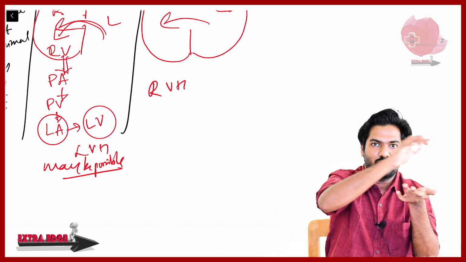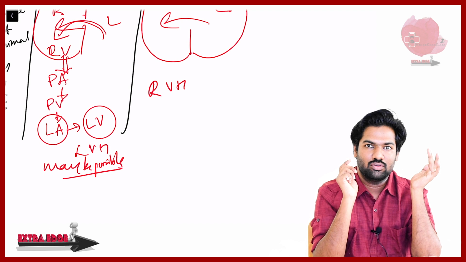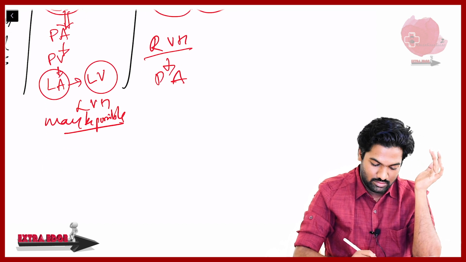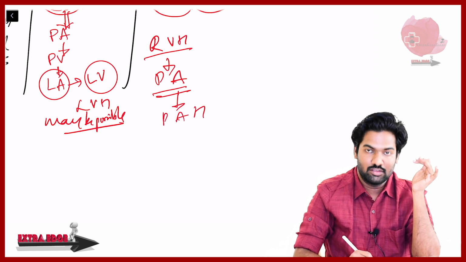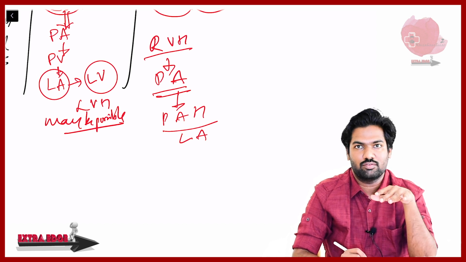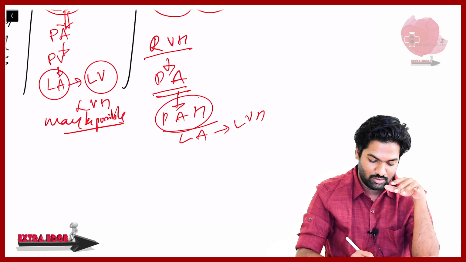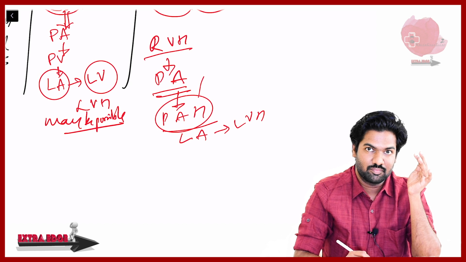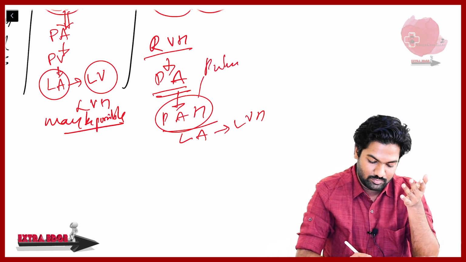Now when so huge an amount is going to the RV, where do you think the entire blood should go? Entire blood from the right ventricle should go to the pulmonary artery. Then very soon they will form what? Pulmonary arterial hypertension, and they will even end up with left atrial enlargement and left ventricle hypertrophy very soon. But I have told you yesterday, or in the previous class, how pulmonary arterial hypertension occurs, that medial hypertrophy and pulmonary hypertension can occur.